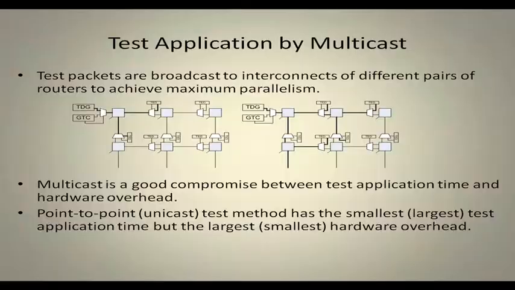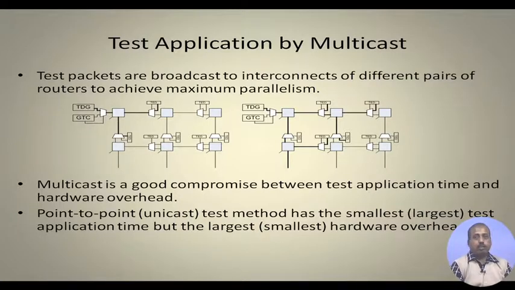Test packets are broadcast to interconnects of different pairs of routers to achieve maximum parallelism. Multicast is a good compromise between test application time and hardware overhead, because multicast helps in reducing the time for transporting the test patterns to the interconnects. The point to point or unicast test method has the smallest test application time, but the largest hardware overhead, because in the point to point case